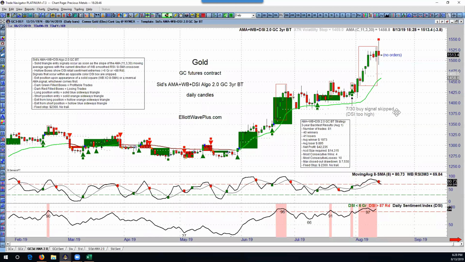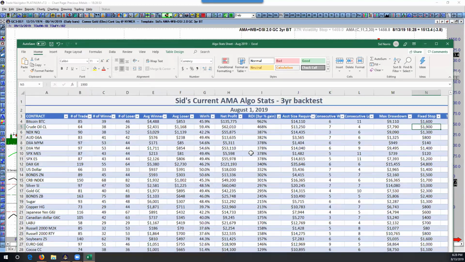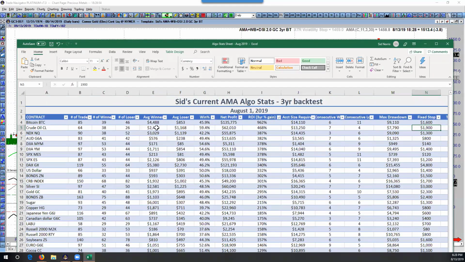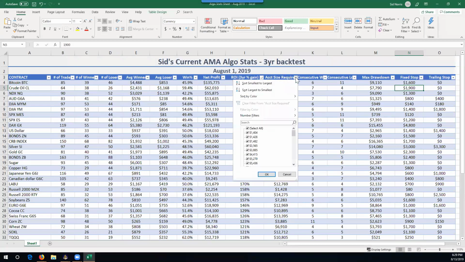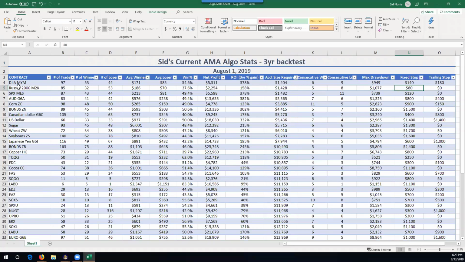So don't forget to examine the sortable spreadsheet, I think you can find some really good information there. If you have a smaller account and you can't stand the idea of placing $2,000 bets every time you place a trade, then what you do is you look on the sortable spreadsheet for the account size required, smallest to largest. And you can see that there's a couple of pretty good tradable items down there you can do with a small futures account. Like the Dow Jones Industrial Average new MYM